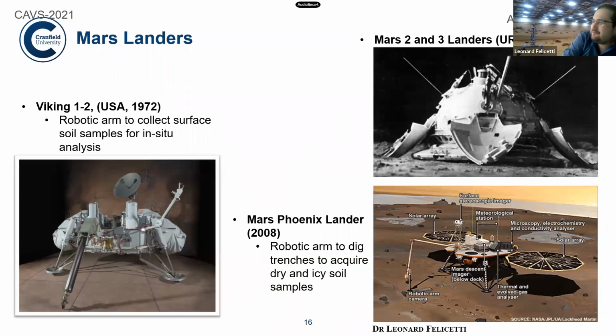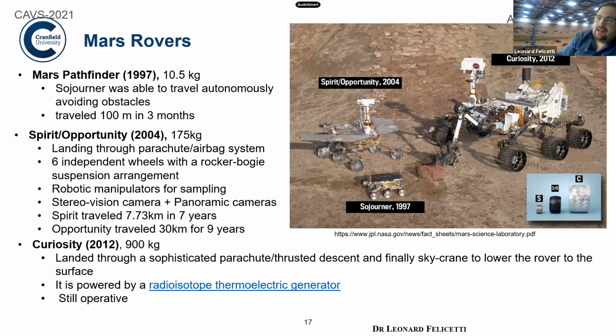Over here, we also have other landers. For example, the Viking was famous in 1972, the Mars Phoenix lander, and the Mars 2 and 3 landers. But finally, let's talk about the proper Mars rovers, a family of rovers that was developed by